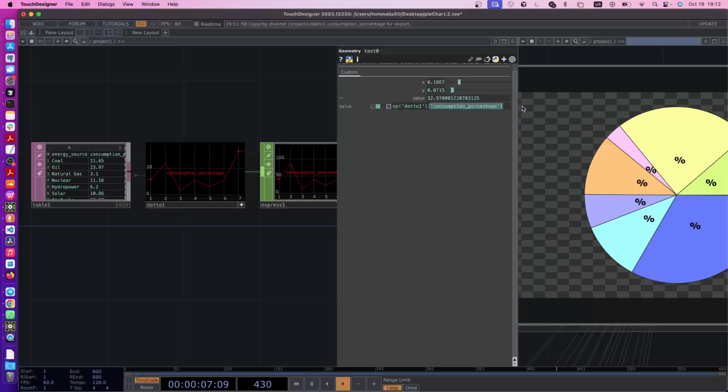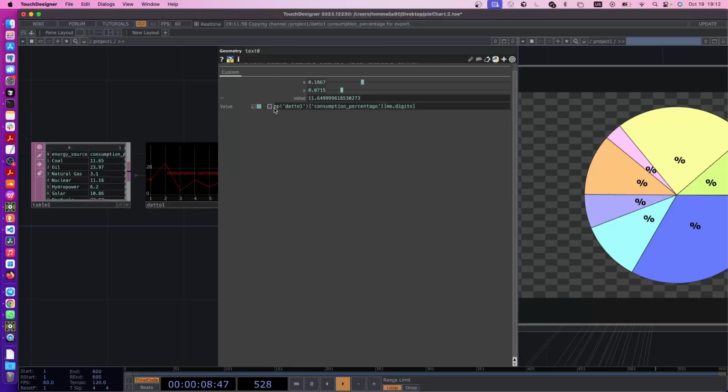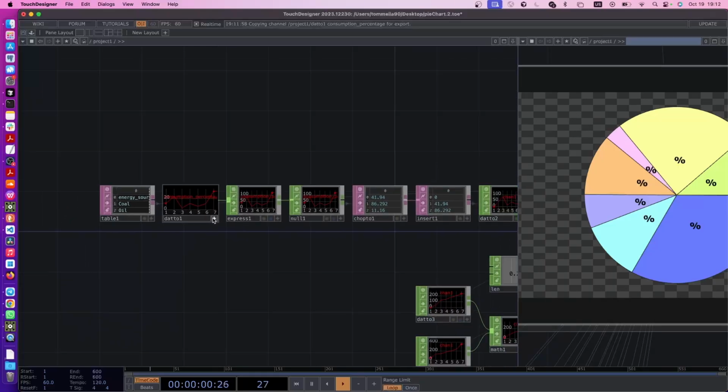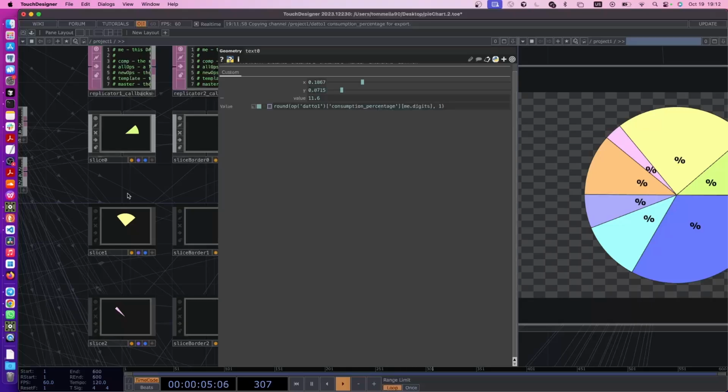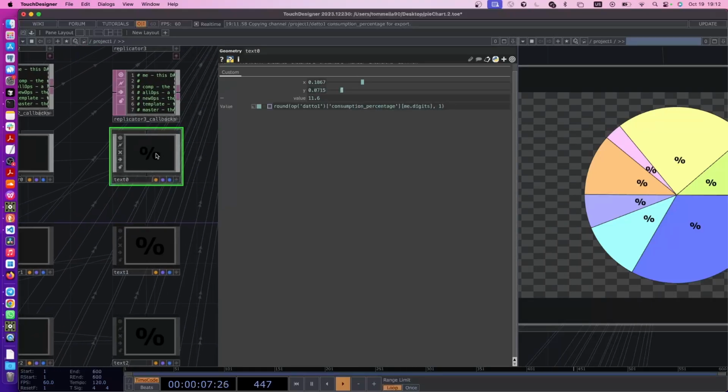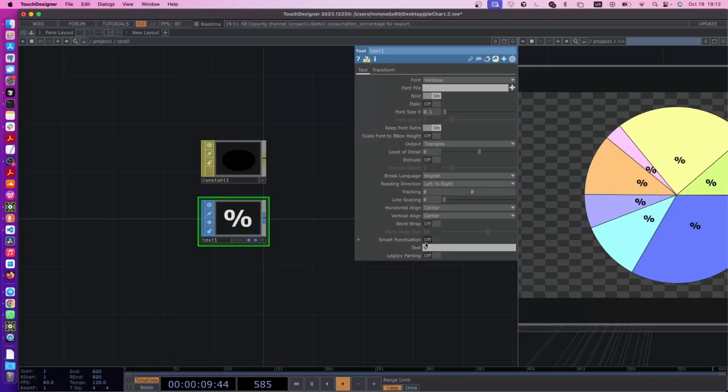So we already have this, and then the index will be me.digits as usual. Now it's still a bit too long, so we can do like round parentheses, and at the end let's do like 1. So we'll take only the first decimal number. So now we have it here. We go inside, and in text we will